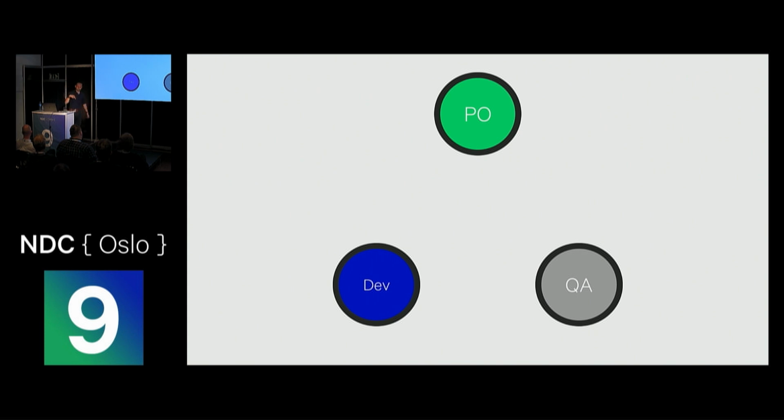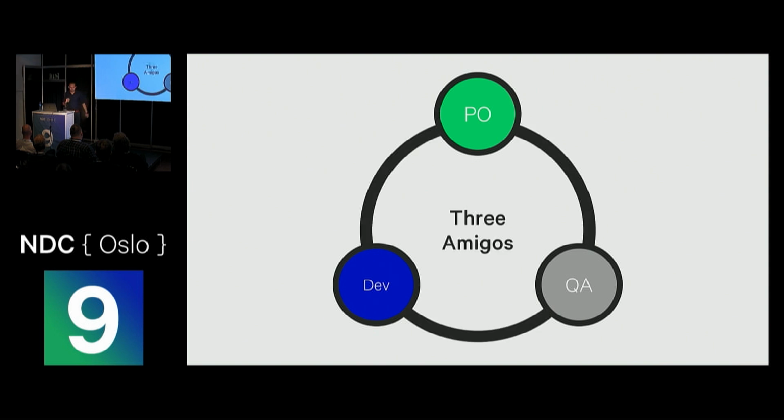So it's very important that these three roles talk to each other and make sure that they're on the same page. That's something called the three amigos. Three friends making sure that the goal of the application is being realized. This is not my term, it's a term that has been around for 5 or 6 years already, but it's really important to understand the differences in the roles and why they are important and why they make the three amigos. They need one common language of communication, as well as one common format of communication.